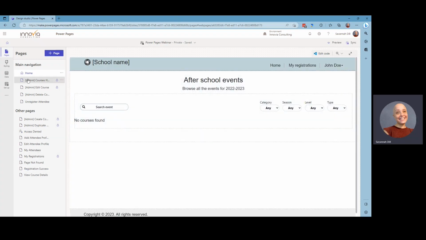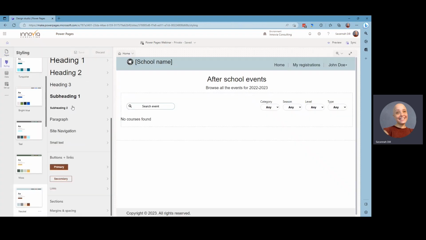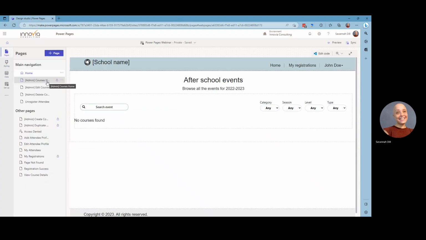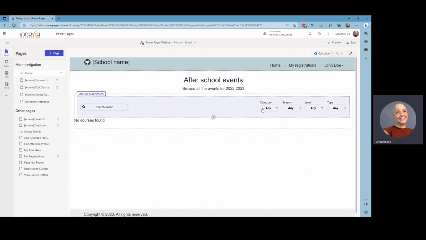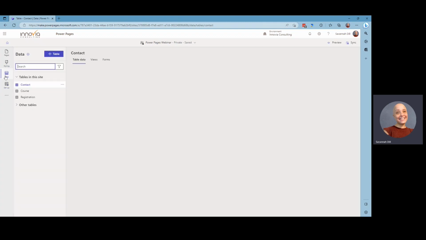But how it works is you create pages, and then you build in the functionality. If you go over here to styling, you can choose different colors, fonts. And then if you select certain components of each page, like say this component right here, you can do a bunch of things related to that through the styling tab. If you want to include your data, which in this case, this template requires a little